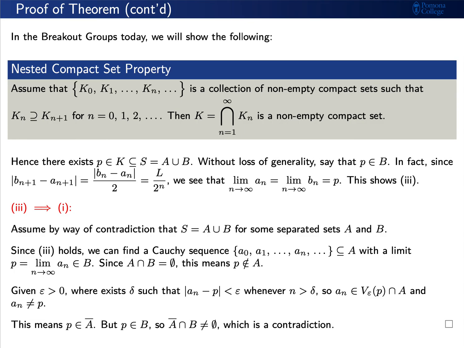Since A intersect B is the empty set, this means that our limit p cannot be an element of capital A. But now let's be careful about what it means to be a Cauchy sequence. Given a positive epsilon, there exists a delta such that the absolute value of a_n minus p is less than epsilon whenever n is greater than delta. But another way to say this is that the a sub n's are an element of the open interval V sub epsilon of p intersect A, and a sub n does not equal p. But by definition, this means that p is a limit point of A,